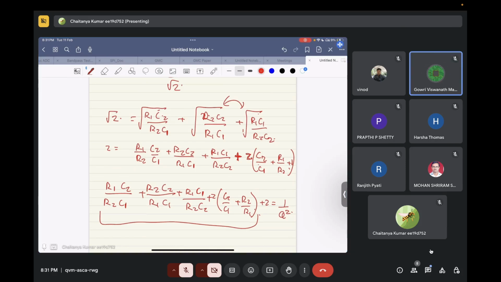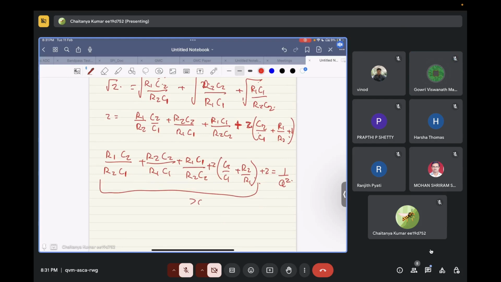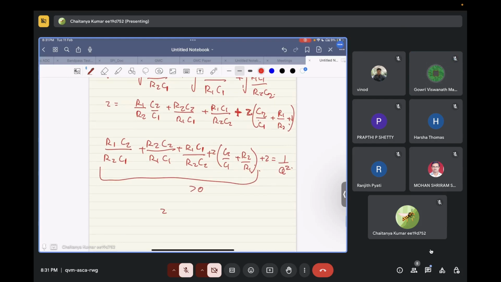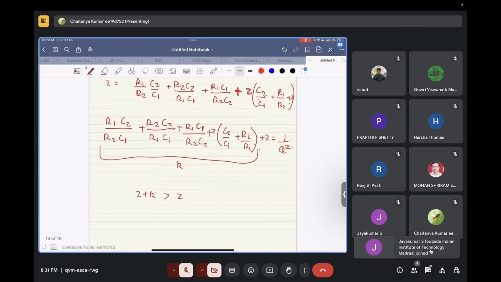So if this term should be greater than zero, let's call this term some k. 2 plus k should be greater than 2, right? If 2 plus k is greater than 2, that means 1 by Q square must